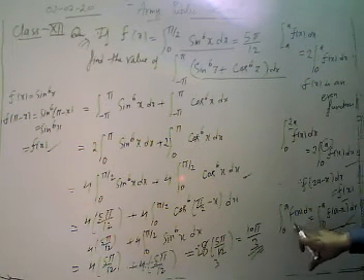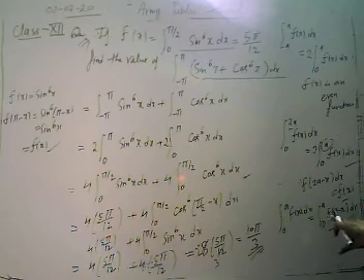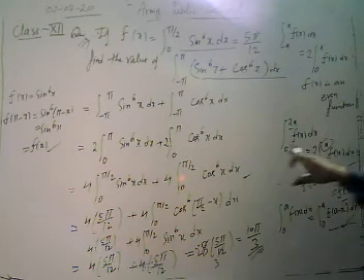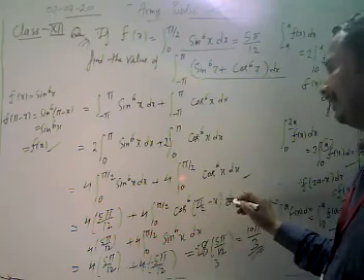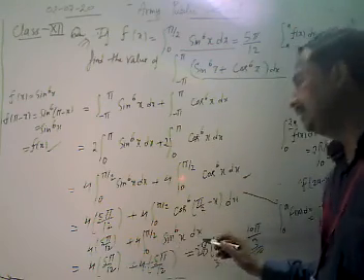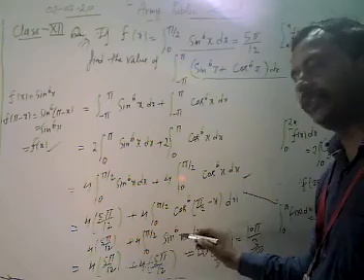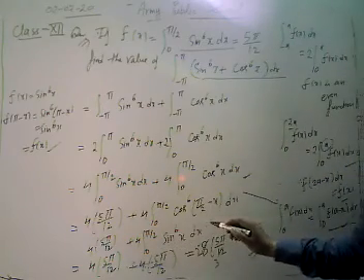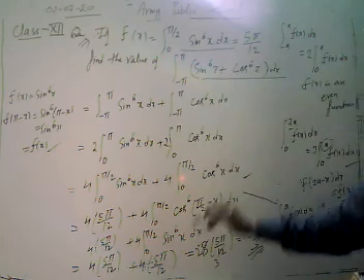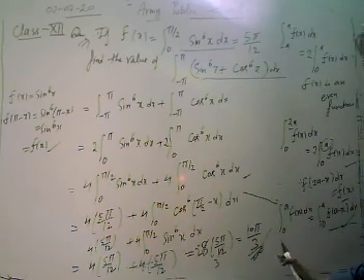The integral from 0 to a of f(x) is equal to the integral from 0 to a of f(a minus x) dx. We use this property here again. Then cos of (90 minus x) is sin x, so 4 into the integral from 0 to pi by 2 of sin to power 6x dx. Again putting in the value of the integral from 0 to pi by 2 of sin to power 6x dx, and after solving we get our value, 10 pi by 3.